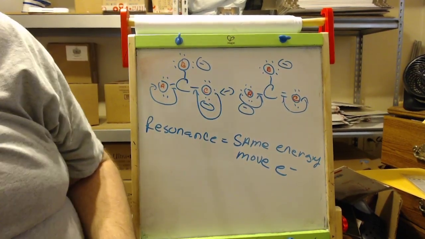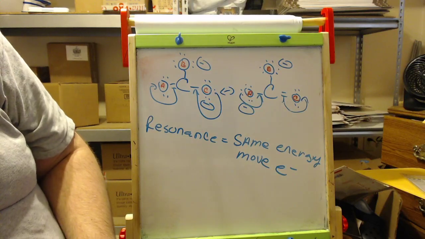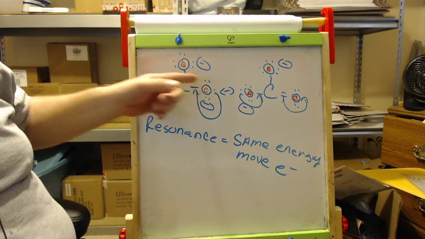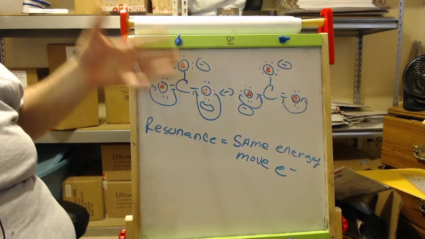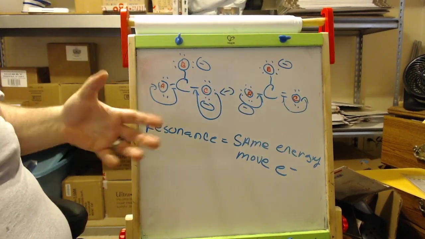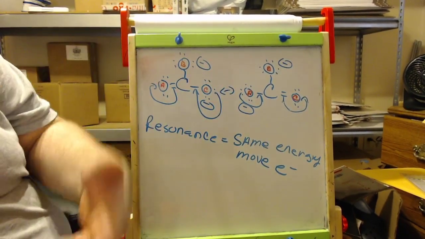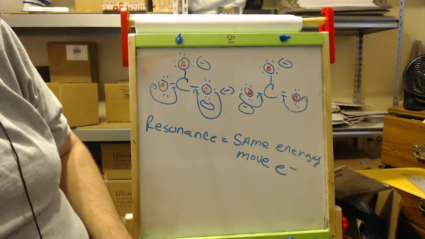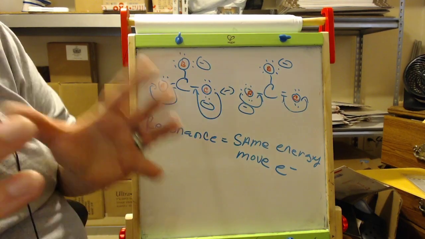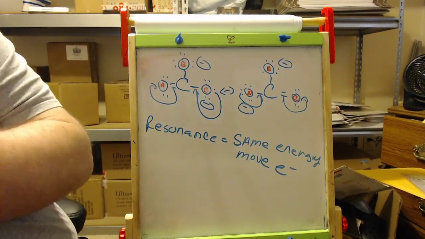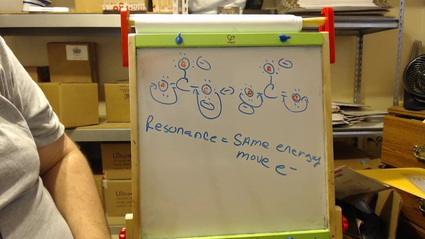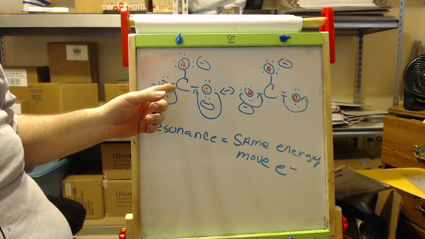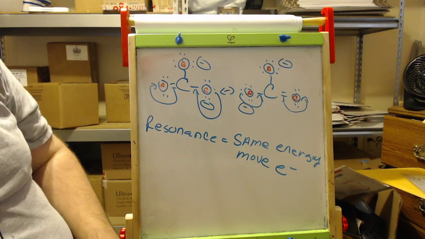The problem is when they did that with ozone and they looked at the bond lengths, with these kind of molecules, and looked at the bond length between each oxygen in, let's say, ozone or in carbonate or in whatever, CO2, all right, well, now CO2 wouldn't work. But in carbonate or sulfate or nitrate, anything that has double and single bonded oxygen in the same molecule, okay, they found that the bond length was somewhere between a single bond length and a double bond length. There was an average between, which means that this bond length is constantly somewhere in between being a double and single bond. Well, what does that mean?